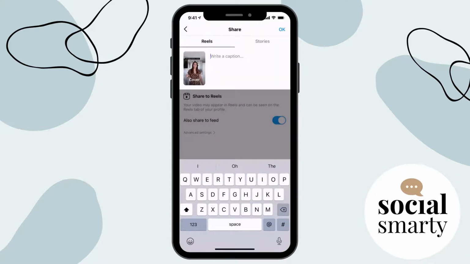Now, in my opinion, long captions don't perform as well. So when I have put a lot of thought into my caption, told a really good story, or packed a lot of value, people don't really read it. So the way I see it is that the value, or the message, needs to be in the actual reel itself. So not necessarily in your caption, but in your reel. So we'll keep it nice and simple.